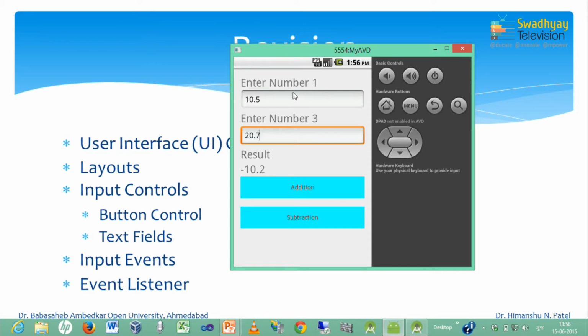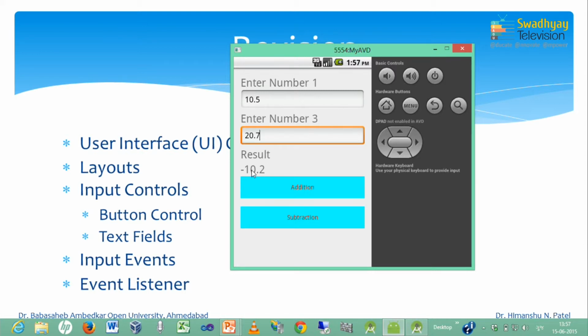So, here we have 1, 2, 3 and 4 text view controls, 2 edit text controls, and here you can see 2 buttons with captions addition and subtraction. Whenever I press addition, it will give me the addition of these two numbers entered by the user, and when I press the subtract button, it gives me the subtraction of number 2 subtracted from number 1.